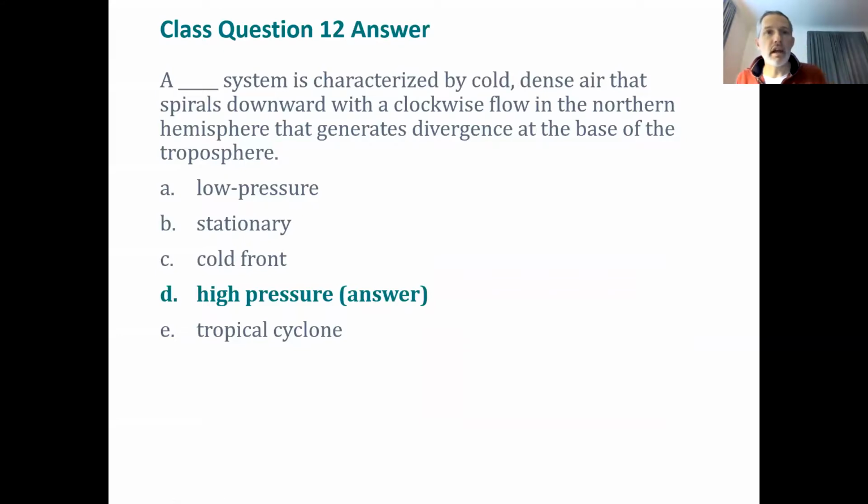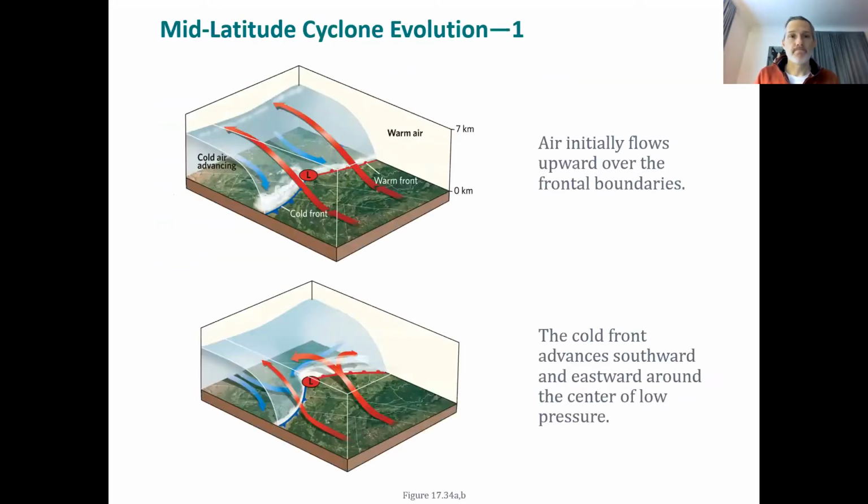And so if we start looking at air moving counterclockwise, the flow of air in the northern hemisphere creates a divergence at the center, at the base, at the bottom, is going to be a high pressure center. And on a weather map, these would be H's and L's. So the reason why we end up with these mid-latitude cyclones is going to be associated with the difference between